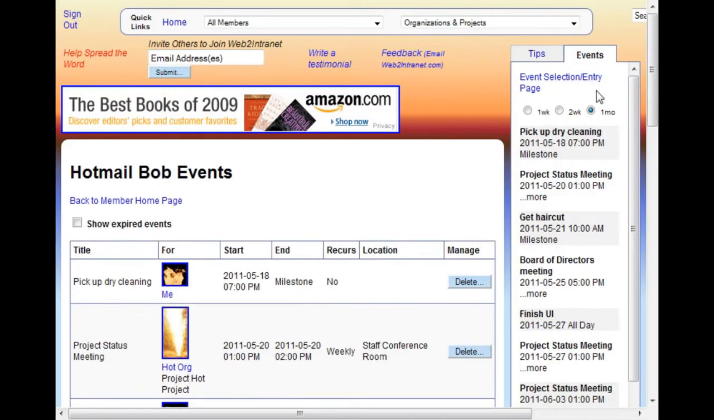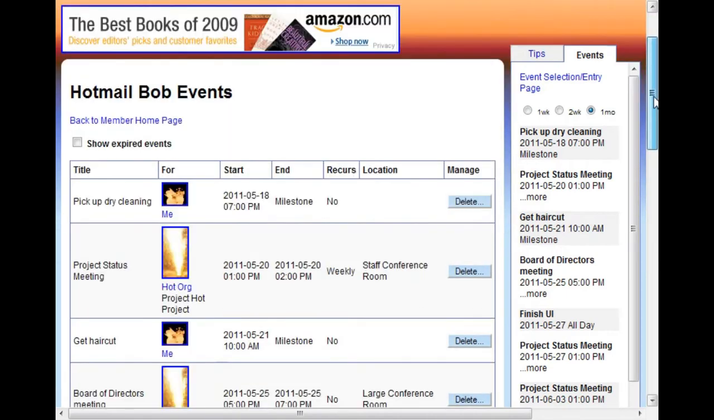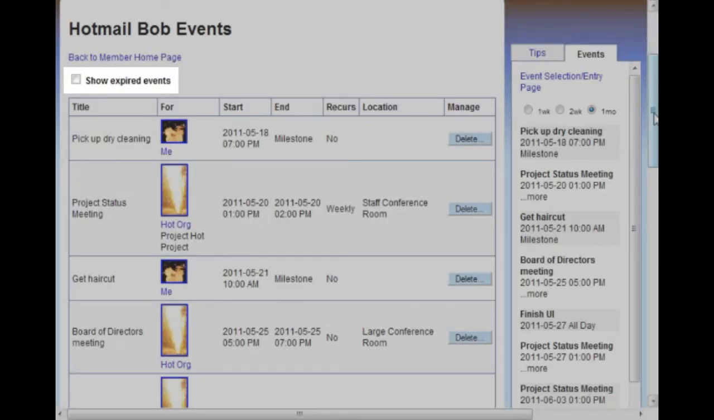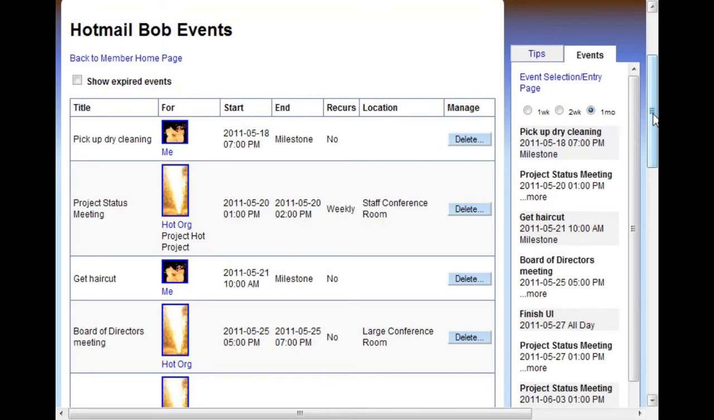This page shows you all of your existing personal events, organization and project events that you can see, and organization and project issues that you can see that have due by dates. You can configure this page to show expired events or not. You may want to delete expired events if they don't matter anymore, or you may not want to delete them if you think you might need to refer to them later or even modify or reschedule them to occur again